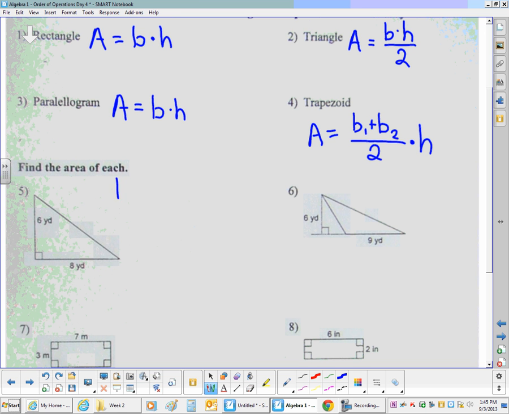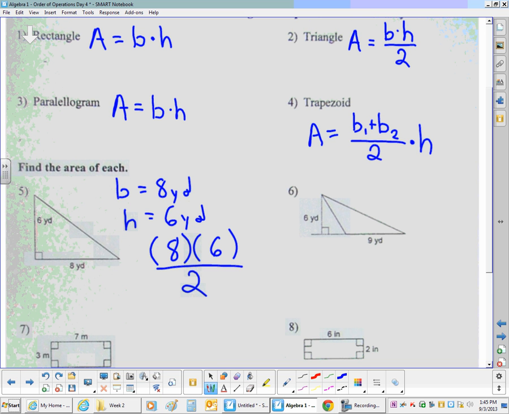So the B, in this case, will be 8 yards, and the height is the one going up and down in this case, which is 6 yards. Okay, we're then going to plug that into our formula. So our formula says B times H over 2. So our B is 8, our H is 6 over 2. So 6 times 8,